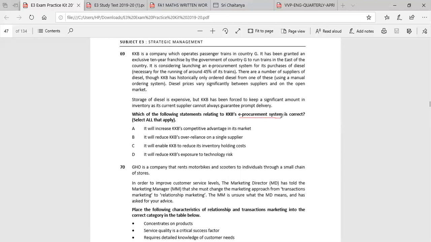Why not the conventional method of buying and storing the material? Instead of that, why are they considering procuring through electronic medium? So you say C, someone started with C. C. It will enable